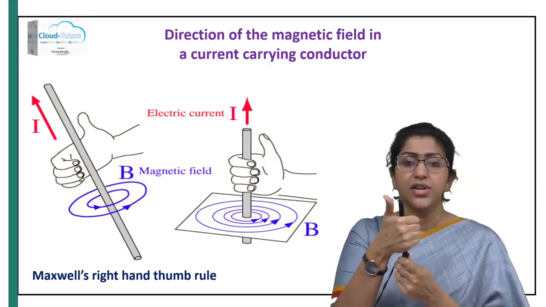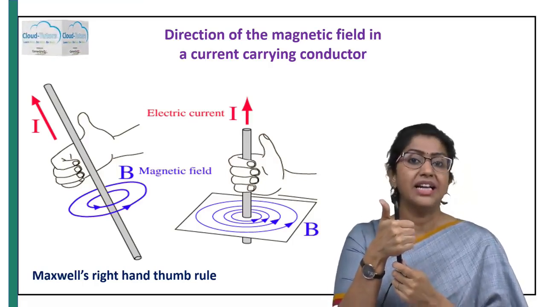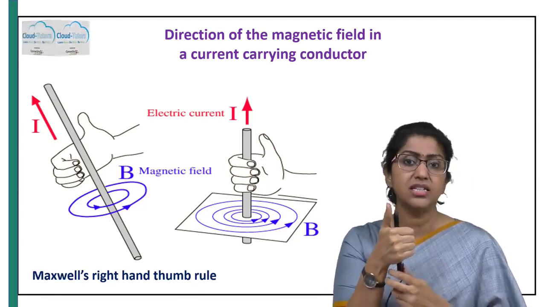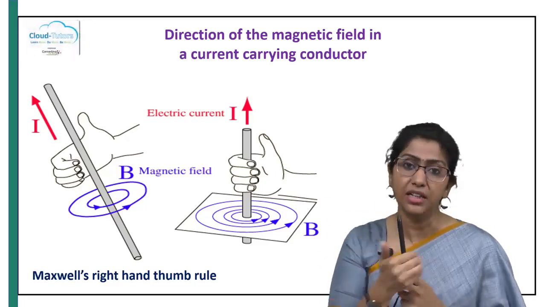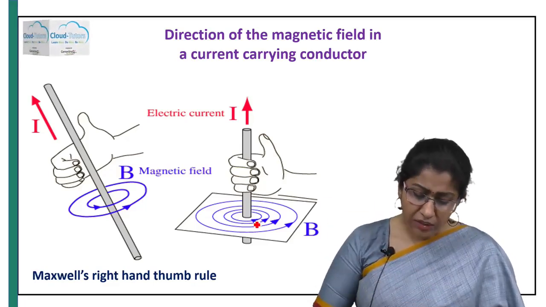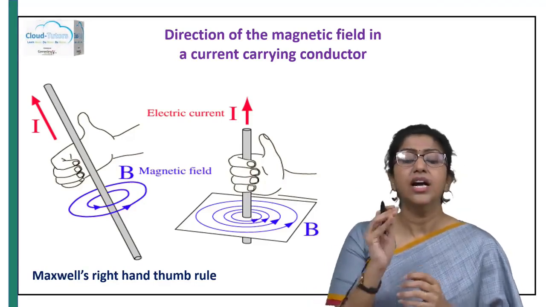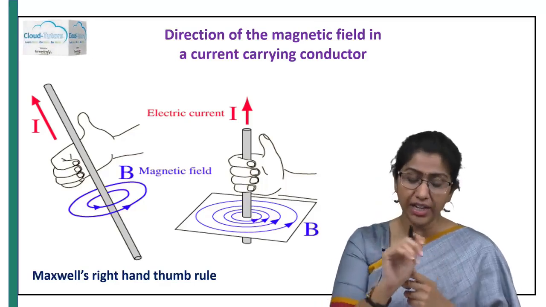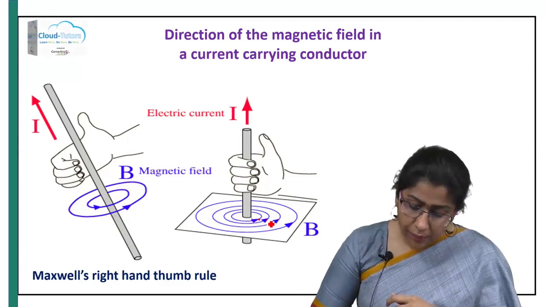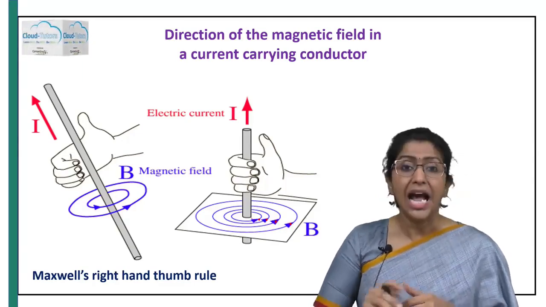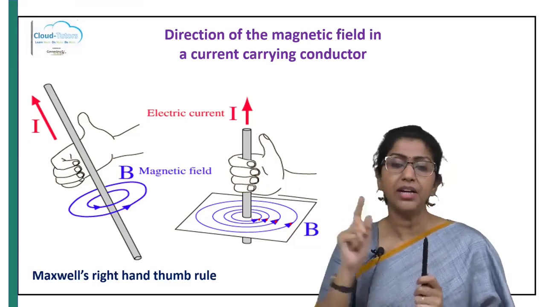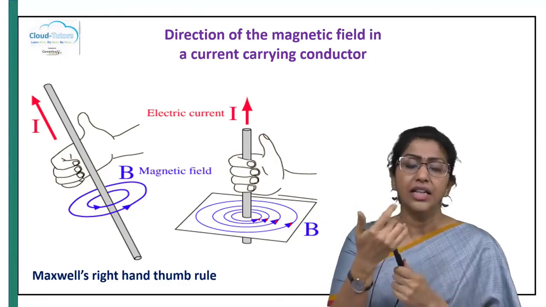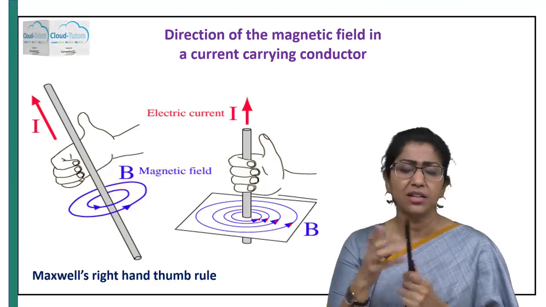curling fingers. So what is the pattern of the magnetic field induced around this straight current carrying conductor? As you can see it in the picture, it is in the form of concentric circles. Alright. So the strength of the magnetic field induced around a straight current carrying conductor depends on two things. One, the direction of the electric current, and another is at what point are we measuring the magnetic field. As in when we move away from the conductor carrying the current, the strength of the magnetic field around that current also basically decreases. It's quite natural, right?